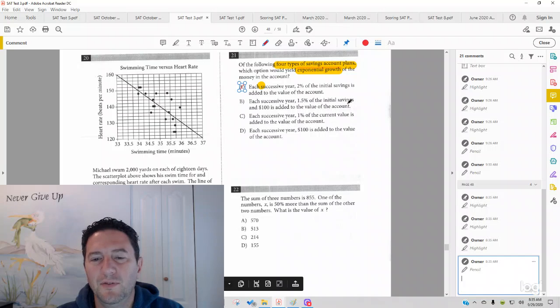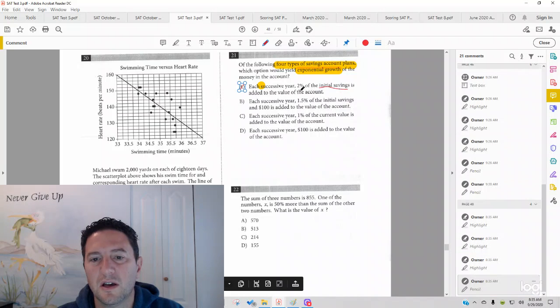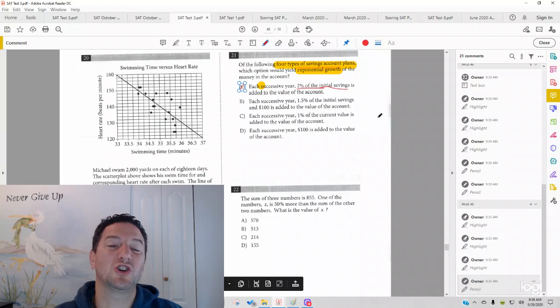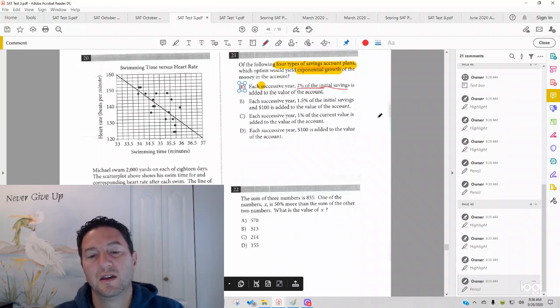So if you see it talking about initial savings, a percent increase based on initial savings, it's actually not exponential, it's linear. And we're going to pick numbers just to show you how this works. So when you're doing this problem, if you just know this, 2% of initial savings is linear and not exponential, then you could just work through this problem without picking numbers, but most students will have to pick numbers to